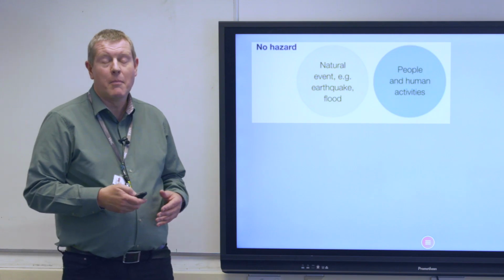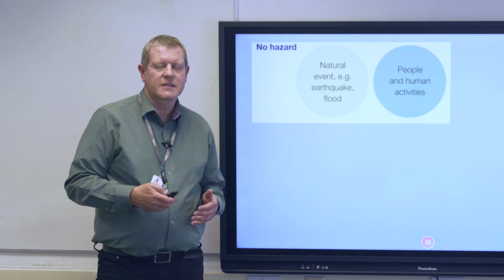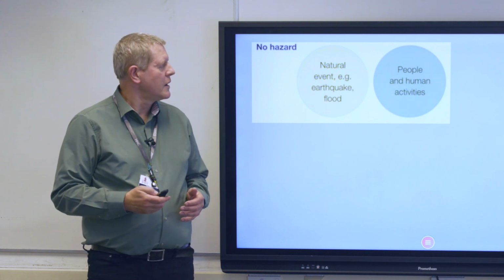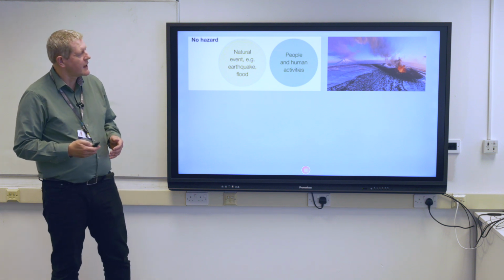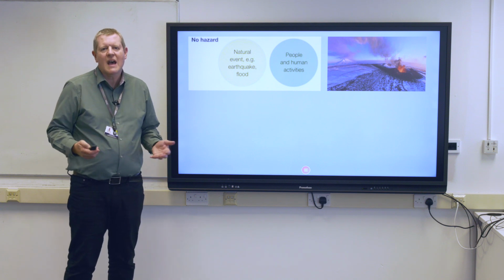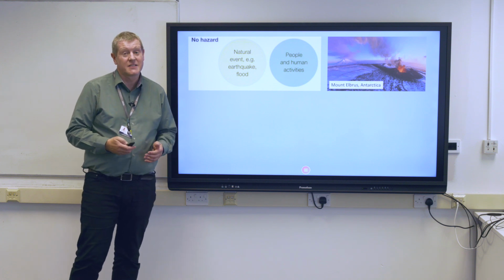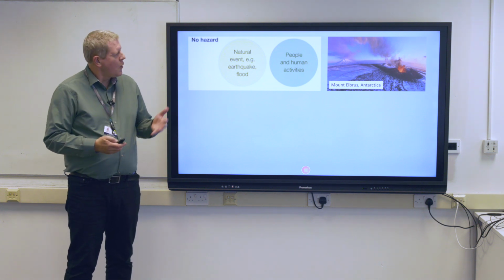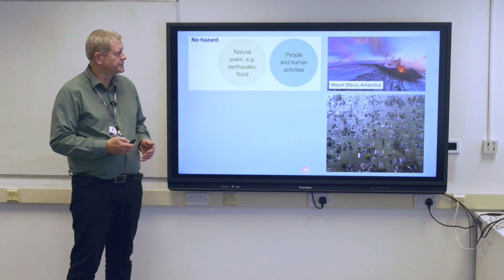So first up, I'll just talk a bit about natural events and hazards, because not all natural events actually are hazardous. If you have a natural event occurring a long way from where people are, then there's no hazard. So for example, in this picture here, this volcano erupts fairly regularly. It produces large eruptions of lava and ash, but it almost never produces any kind of hazard for anyone at all. And the reason for that is that this volcanic eruption takes place in Antarctica. And Antarctica, where Erebus is, is thousands of miles from the nearest large town or city, so no hazard at all.